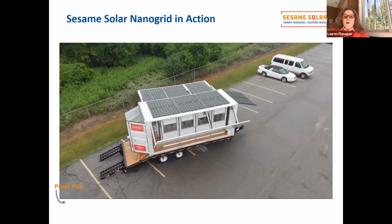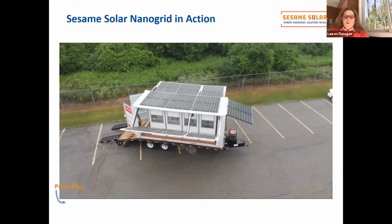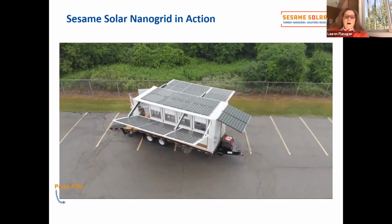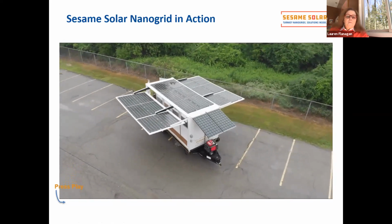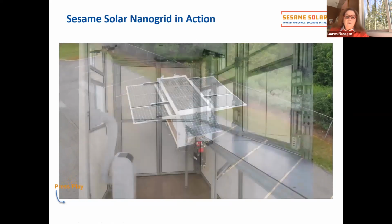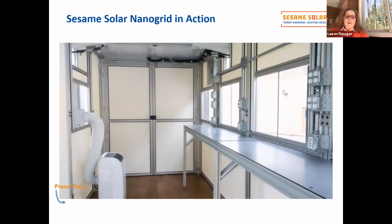We have achieved product market fit with this. We're dual use. We have channel partners who've sold through end customers like Cox and Comcast. We've got it in government use in the Caribbean or the Department of Public Health in an island. You see inside, here's one of the command center offices, HVAC, lots of power. All of this is Lego block components, so it's very scalable to the kind of solutions that we can create